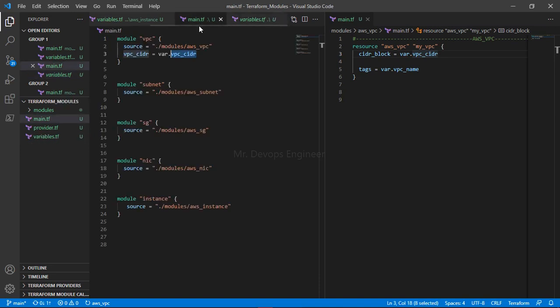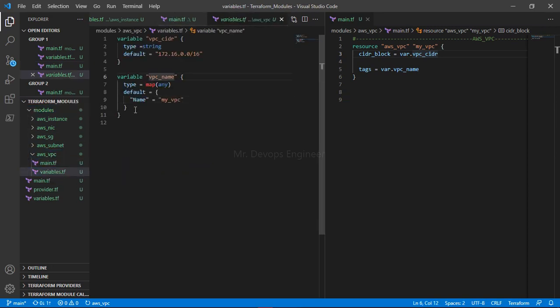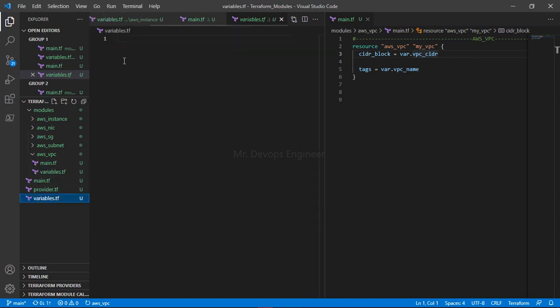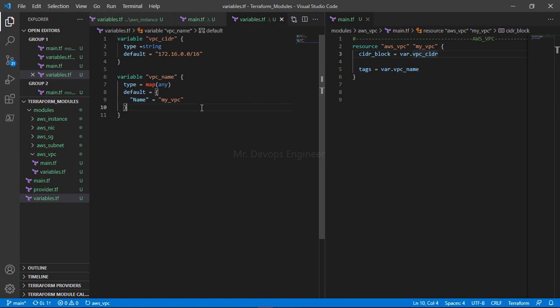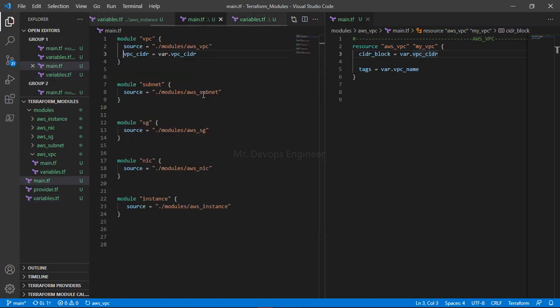But for the sake of simplicity, try to define both sides with the same name. So if I have defined the same variable here, I can just go back to the AWS VPC, take both names from here, and paste them here. Once I do this, you can go back.